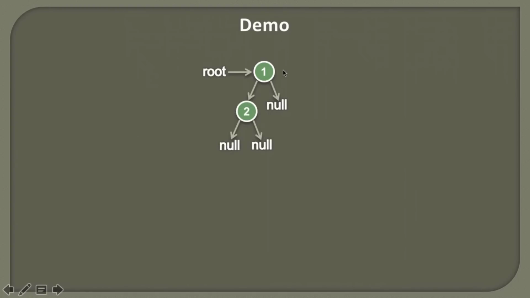Now here you can see this is a binary tree having two nodes, where root is pointing to the node having data as 1, and whose left is pointing to a node having data as 2. You can also see that root's right is pointing to null, and left and right of node 2 are pointing to null. Now let's say we want to insert one more node having data as 3. Here we can insert this node into the binary tree at 3 places. One is at the root's right, and the other 2 places are node 2's left and right. So we can place node 3 into any of these 3 places which are pointing to null. Let's say we insert it at root's right. So it would look something like this.